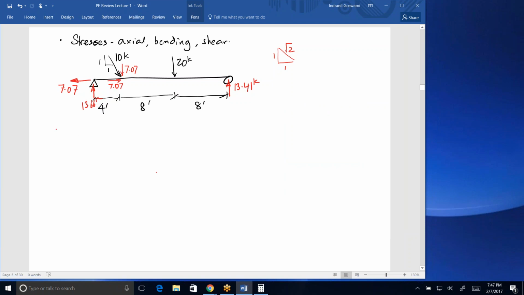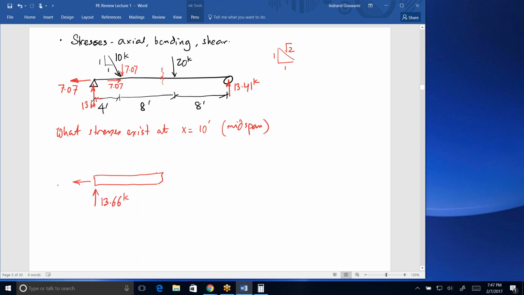Now, if I ask the question, what stresses exist at x equal to, let's say, 10 feet, right? Which would be about here, midpoint, midspan. Now, if I were to make a cut at midspan, and if I were to say that I'm looking at, let's say, the left side, doesn't have to be, but let's say I'm looking at the left side,